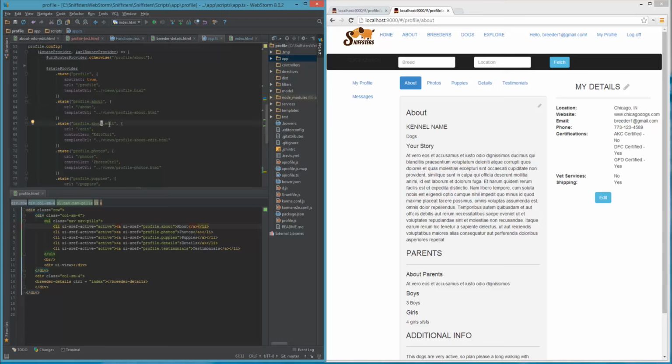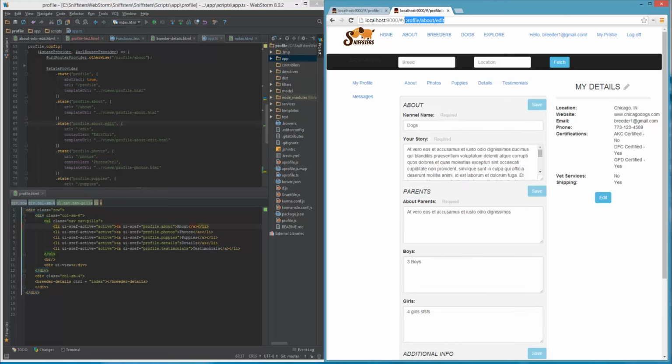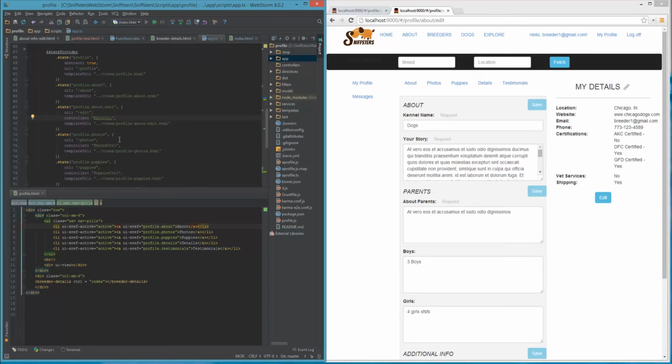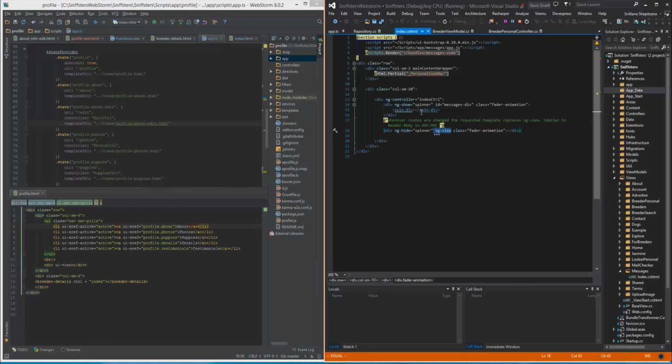And here is our edit view, and when we click on edit, we see this URL. We have URL just edit, since we assign profile about in name of state, and here we have a controller because edit view is managed by another controller, it's edit controller. And we give a template, our file profile about edit, everything easy and similar to